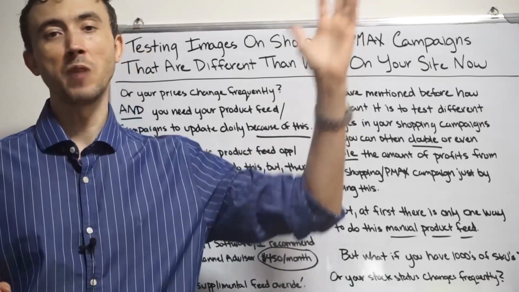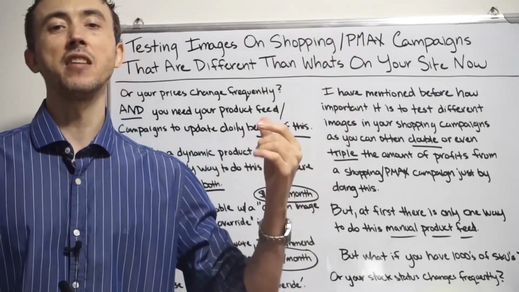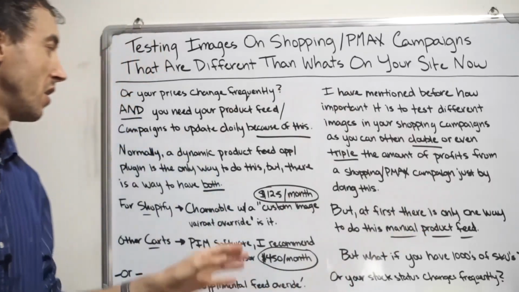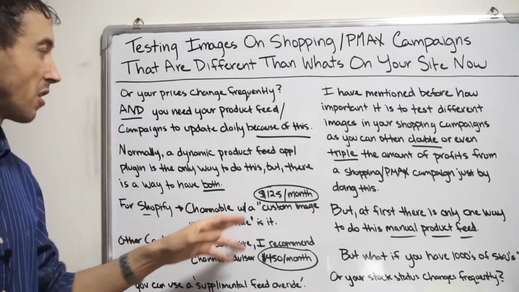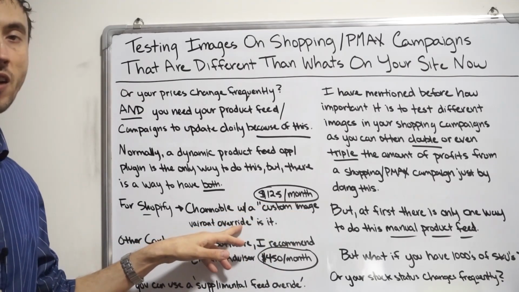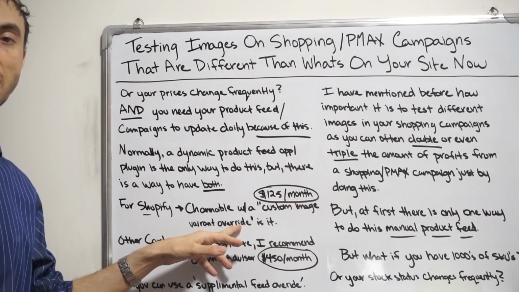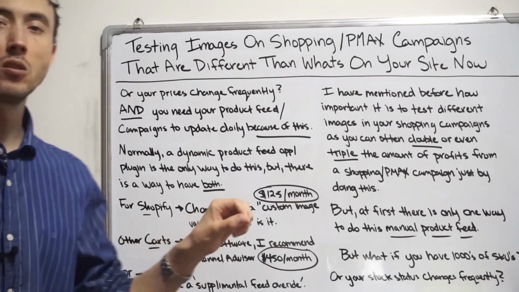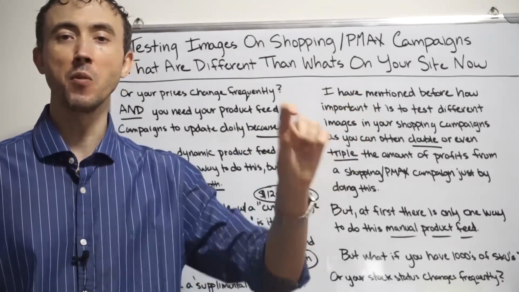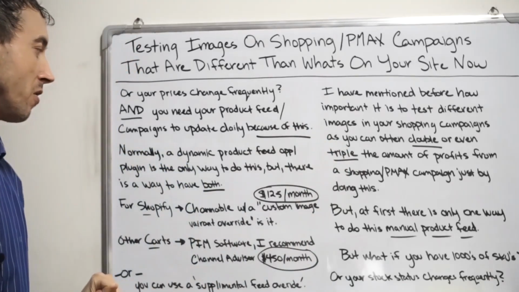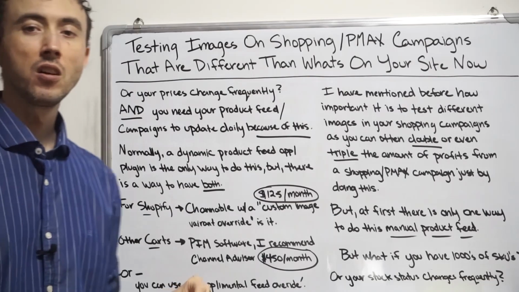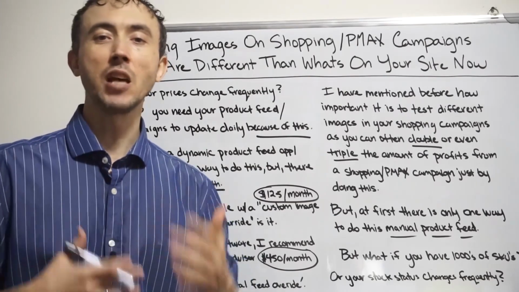So you get the extra 2 to 5x in profit by testing and customizing the image for Google Shopping. Use this Channable plugin, and then it's something called a custom image variant override that you use on each product. That's going to allow you to have a custom image for Google Shopping that's different than what's on your site by default. Okay? So for $125 a month, this software will assure you don't have to have some crazy custom solution,